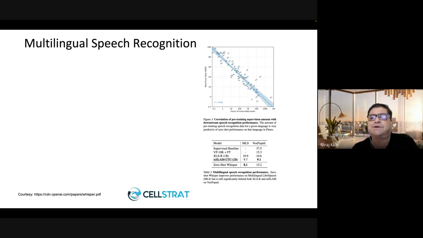So multilingual speech recognition, how does it perform? There are different multilingual speech recognition models like MSLAM and others. MSLAM performs quite a bit better. The MLS dataset and Vox Populi are multilingual datasets available. MSLAM performs better than Whisper on the Vox Populi dataset, whereas zero-shot Whisper performs better on the MLS dataset. So this model is almost state of the art when it comes to speech recognition and translation, multilingual speech